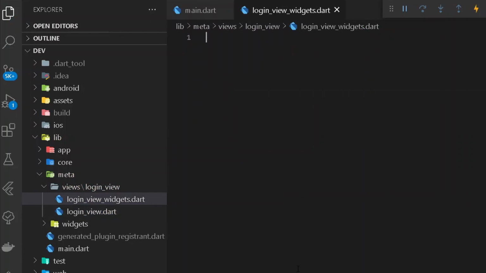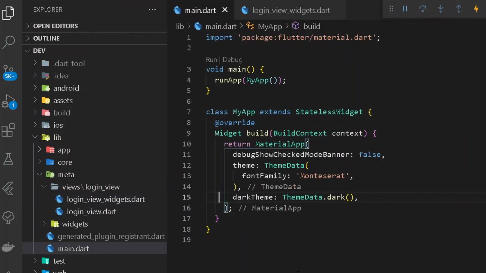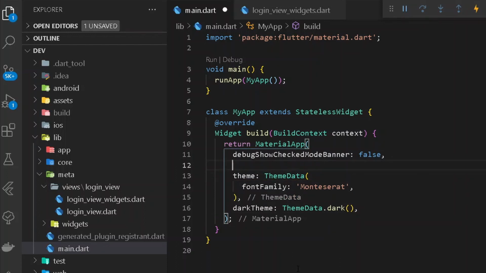And now let's move under our main.dart file, and here let's have a new home for our material app. So here before the theme, I shall simply give it a new home, and under the home, let's have a login view for now. Easy, format document once. Cool. So now let's try one thing, that is reload our entire application once.